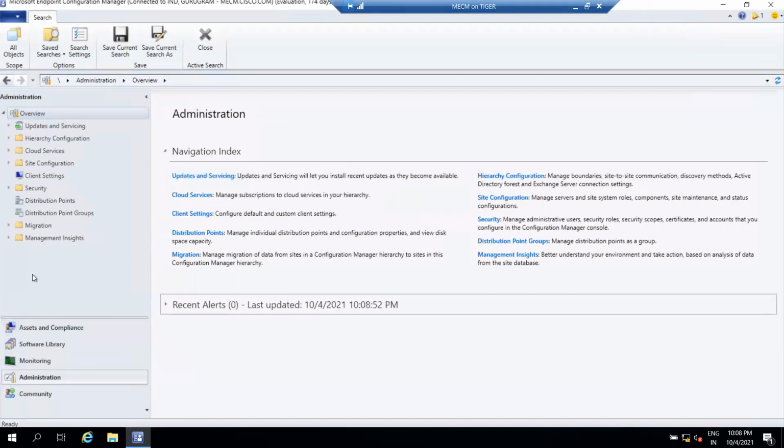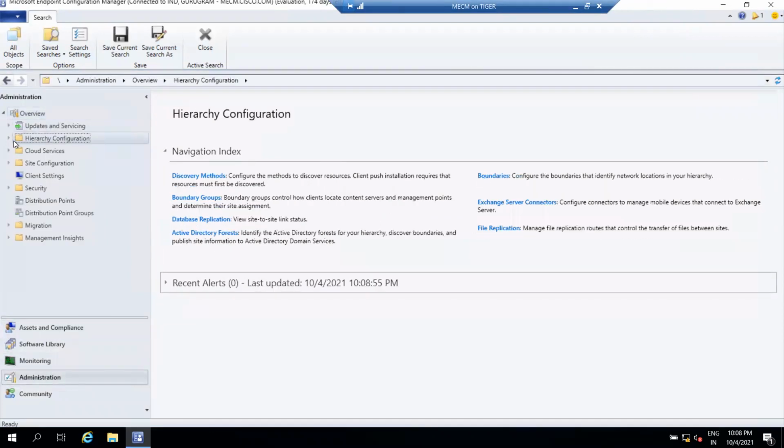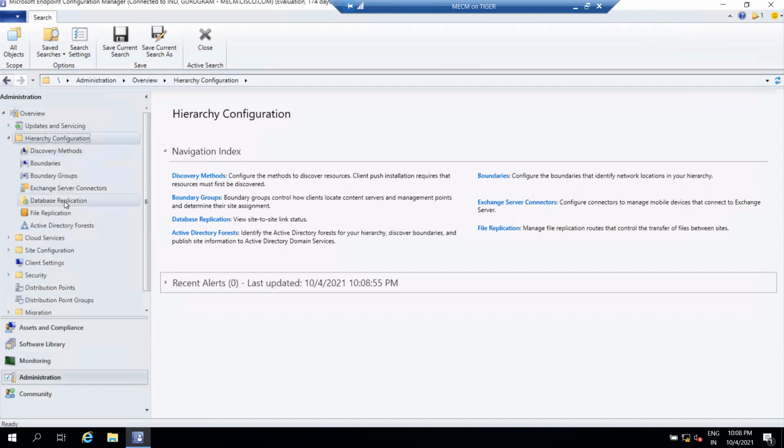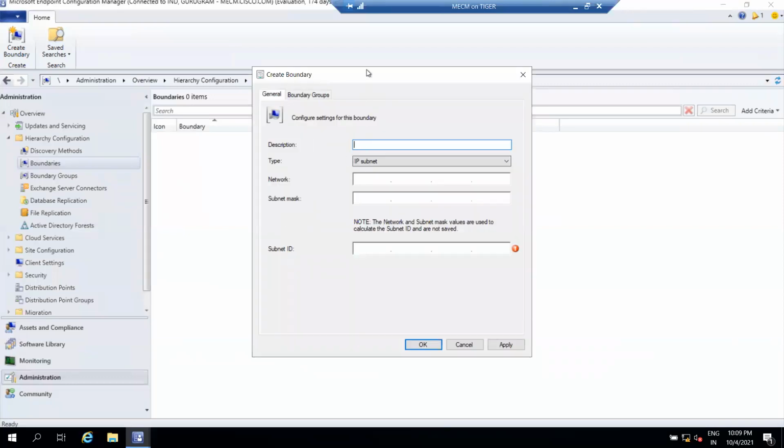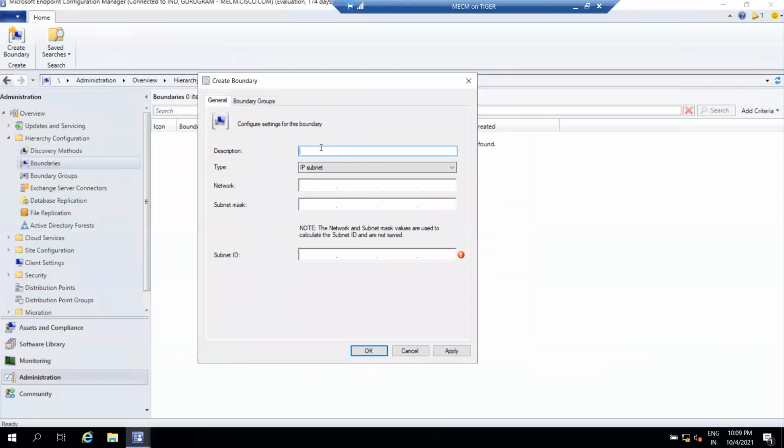expand Hierarchy Configuration, and click on Boundaries. Right now we don't have any boundary. Right click on free space or right click on this and click on Create Boundary. Provide the description.